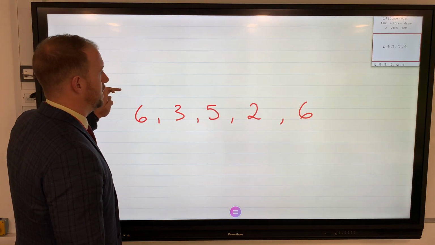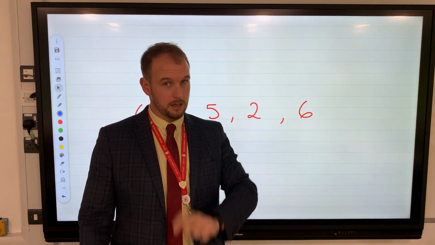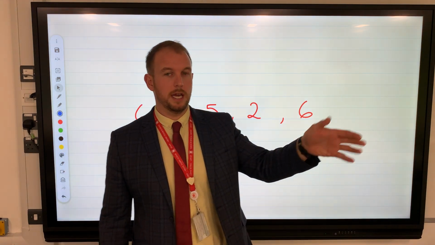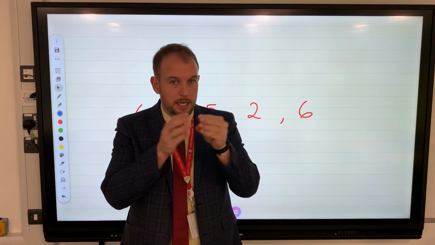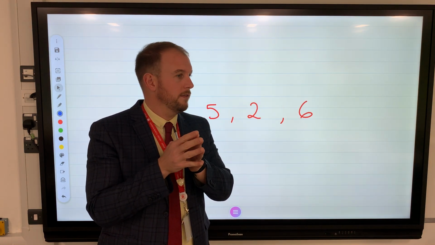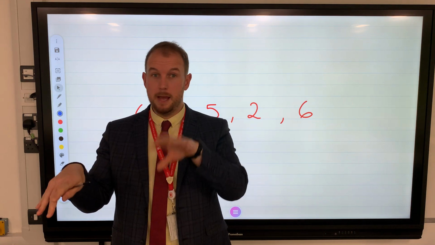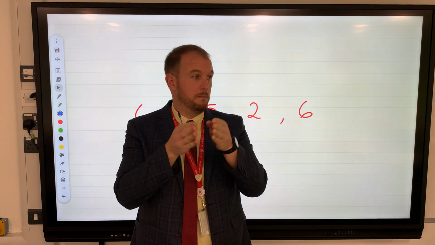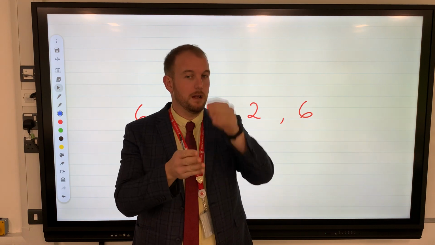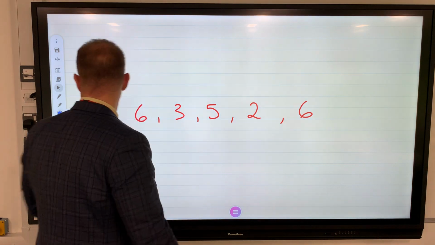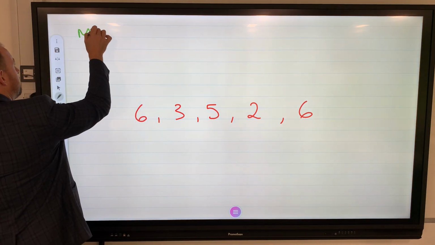Now the median, okay, the median is the middle value, okay? Think small, medium, large. Medium is the middle size. A median sounds a bit like medium. Think of if you're cooking your steaks, you have rare, medium, well done. Medium is that middle cooking of a steak, so therefore it's the middle value. But we've got to put them in order first. So I'm going to put here middle value,